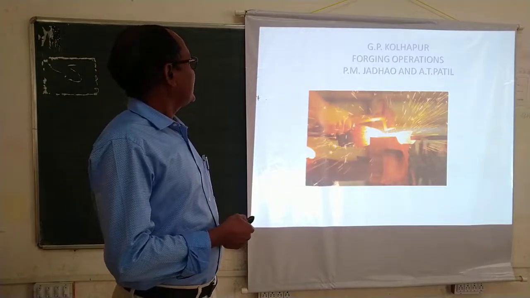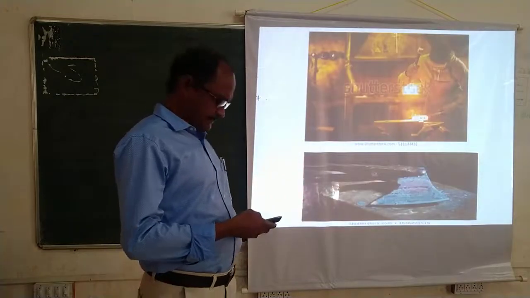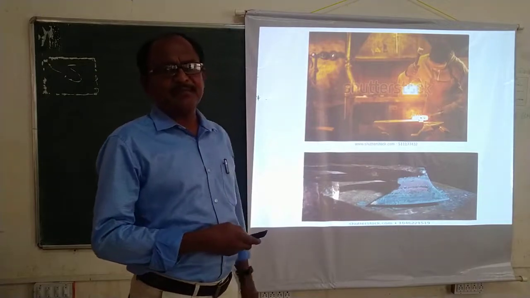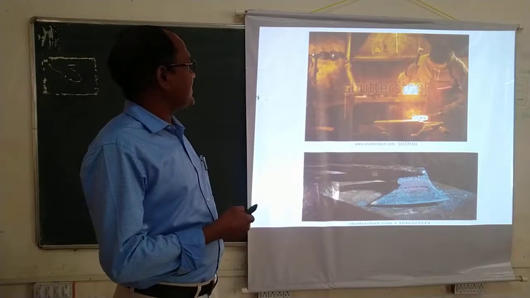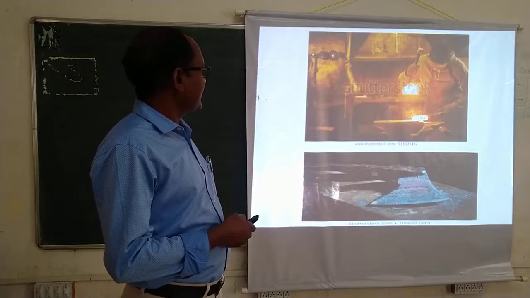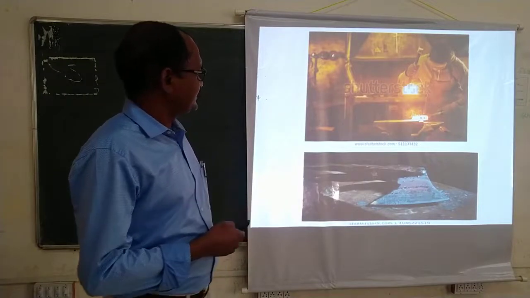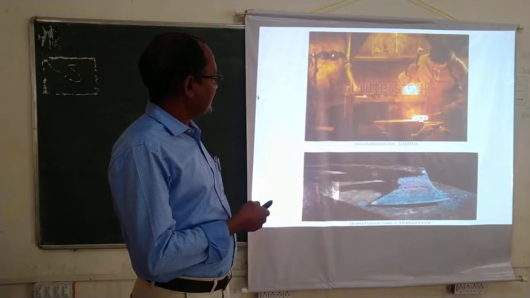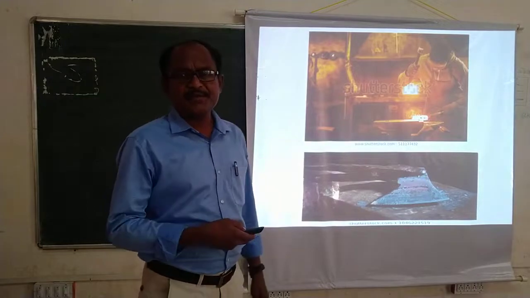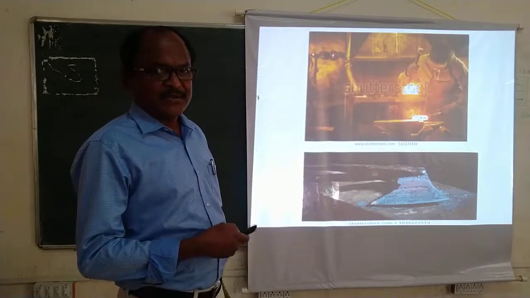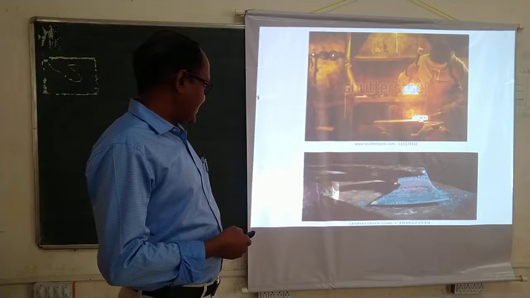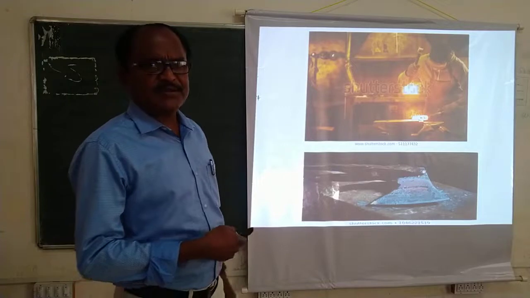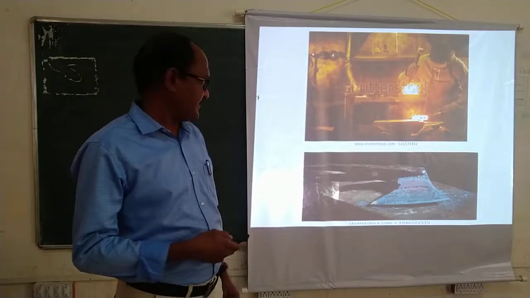So in today's lecture, we are going to see the forging operation. This is a metal working process that is 1000 years old. If you observe this diagram, one man is hammering the hot product. This is a heated product, and he is hammering that part with the hammer, applying a compressive force. That is the forging operation. This part you are observing is called an axe, and it is also manufactured by forging operation.